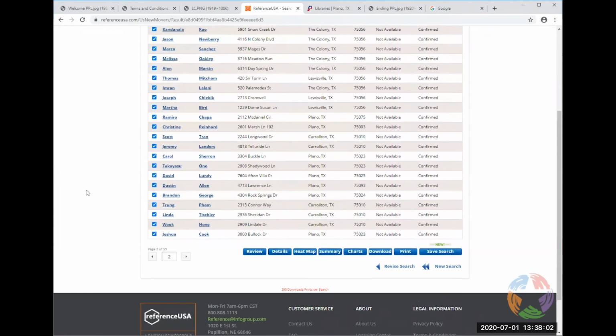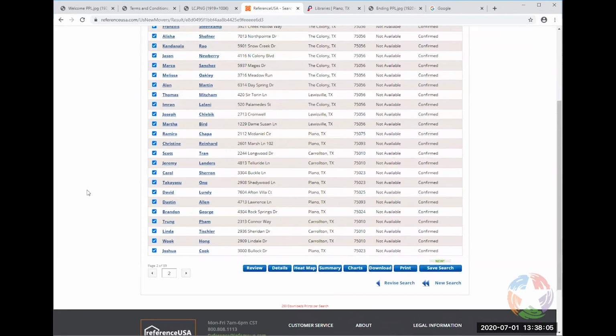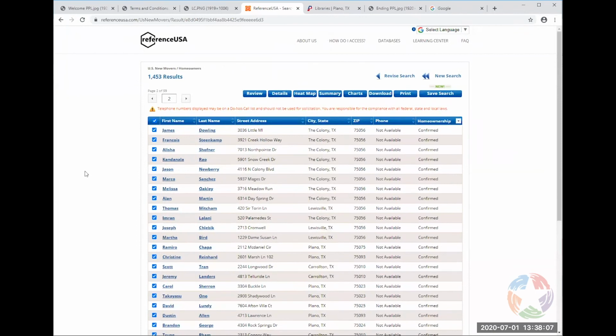It saves up to 250 businesses or people in your saved searches or your downloads. So that Excel spreadsheet would have like 250 lines of people or businesses. I hope that makes sense. So generally you're going to want to do download or save search. Generally download.